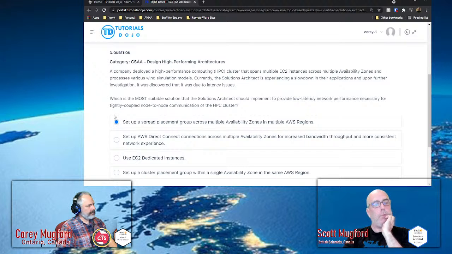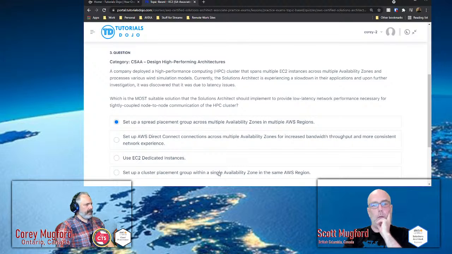I don't know why. I was going to choose that one based on the process of elimination. Direct Connect is like connecting your office to AWS. Yeah, I thought so. EC2 dedicated instance has nothing to do with anything, I think.